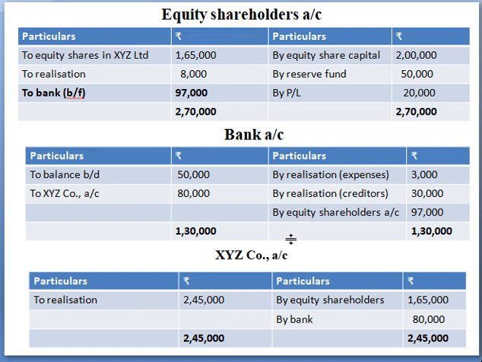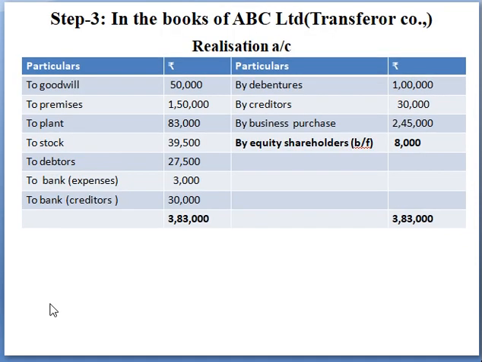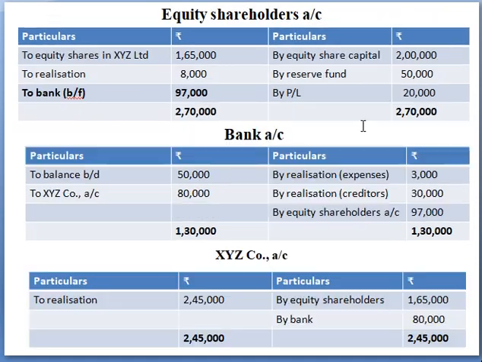And your fourth account is the purchasing company account. The purchasing company comes under the rules of personal account. Debit the receiver, credit the giver. So this purchasing company gives what? So always start with the credit side. So what they give? They give new equity shares in the new company, right, for 1,65,000, that is new equity shares. And the next balance 80,000 they paid through cash, right? So by bank account 80,000, and transfer this and close the ledger to realization account. So this is the debit entry. For this we had already given the credit entry here, right? So that's it in the books of selling company.